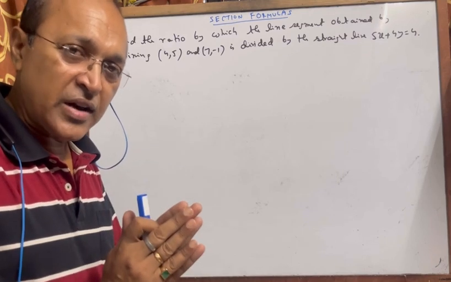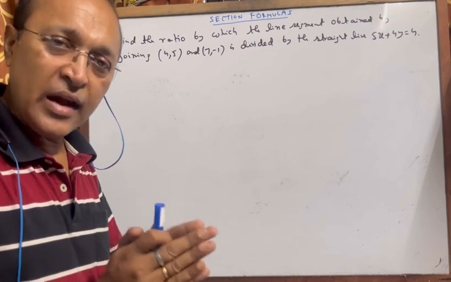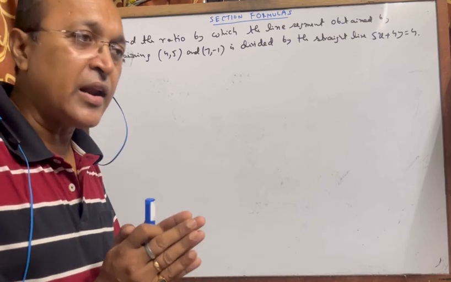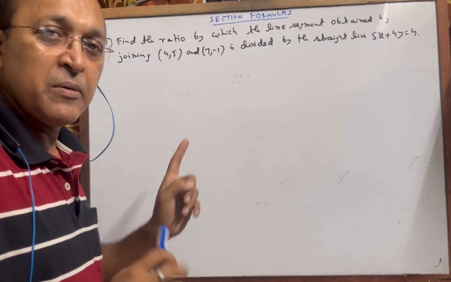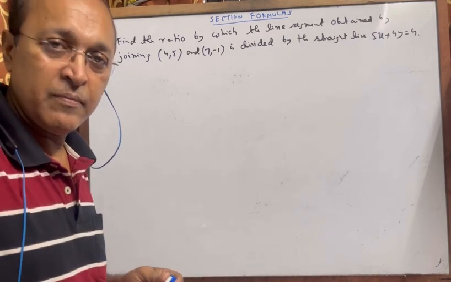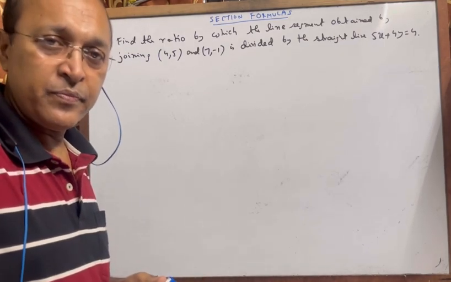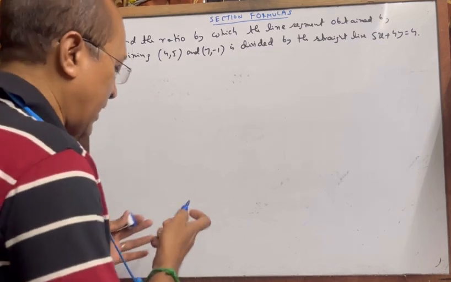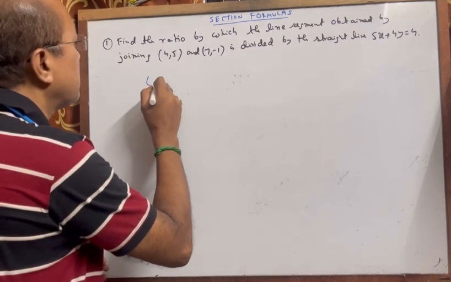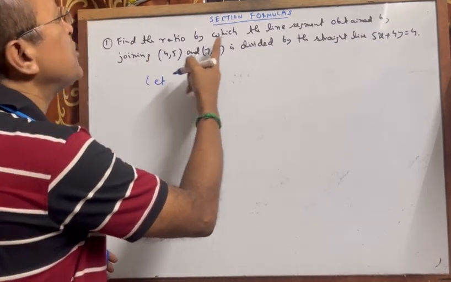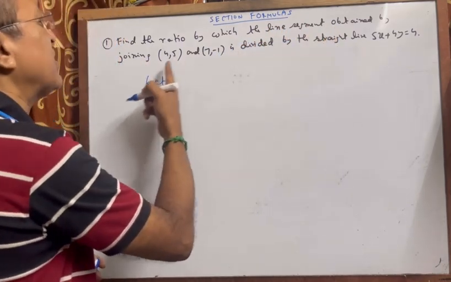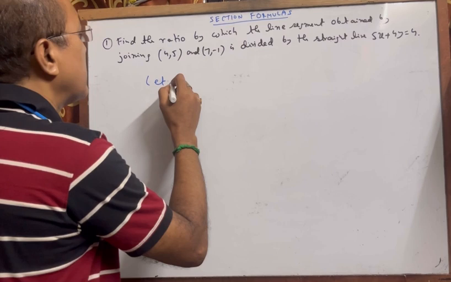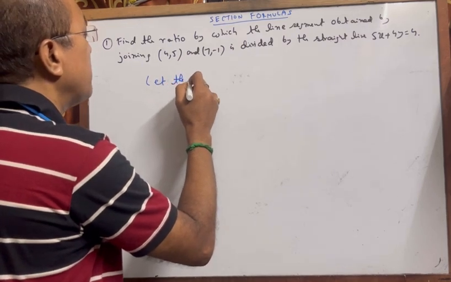Actually, there are two straight lines, one straight line given, another is not given. Let the ratio by which the straight line joining these 2 points is divided be m is to n. Find the ratio by which the line segment obtained by joining these 2 points is divided. Let the required ratio be